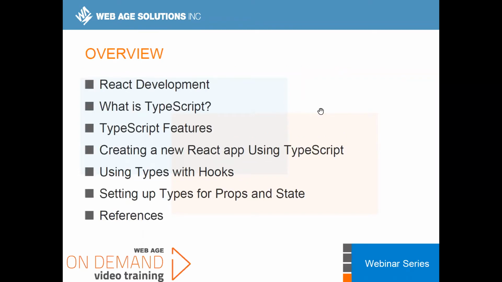So we're going to go over these topics. We'll talk briefly about React development. Then we're going to talk about TypeScript and what it is and what some of the features of TypeScript are. Then we're going to take a look at creating a new React application using TypeScript. And then once you've created an application